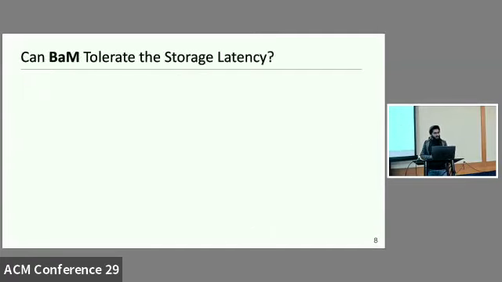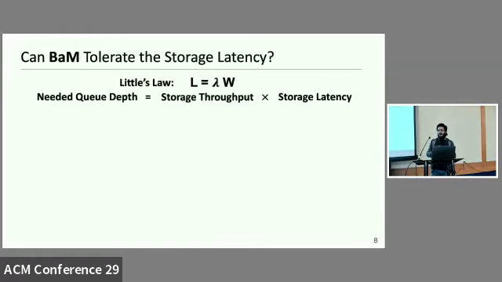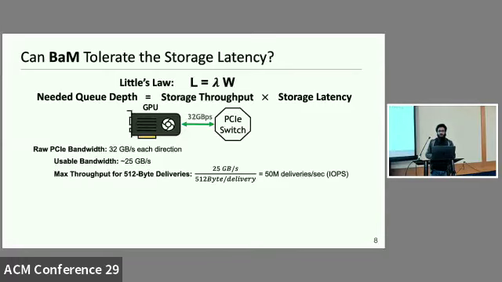Now that GPU threads can access data in storage directly, naturally the question is, can BaM tolerate the relatively high storage access latency? The needed queue depth to hide latency at a specific throughput can be modeled using Little's law. The GPU provides a PCIe Gen 4 x16 interface, which has 32 gigabytes per second of unidirectional bandwidth, of which 25 gigabytes per second are usable for data transfers. If we want to move data in